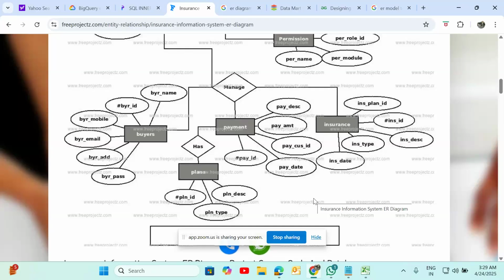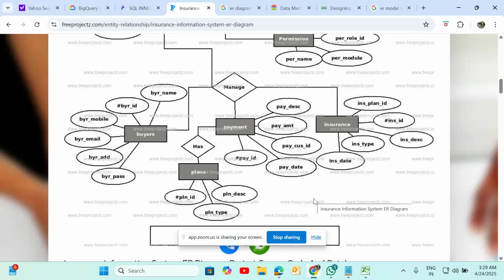Whatever the information on the screen, payment is my only numerical value. For payment, I require the payment details, forgetting buyers, plans, insurance, everything. My subject is only payment. Based on this diagram, create one data mart: conceptual, logical, physical.